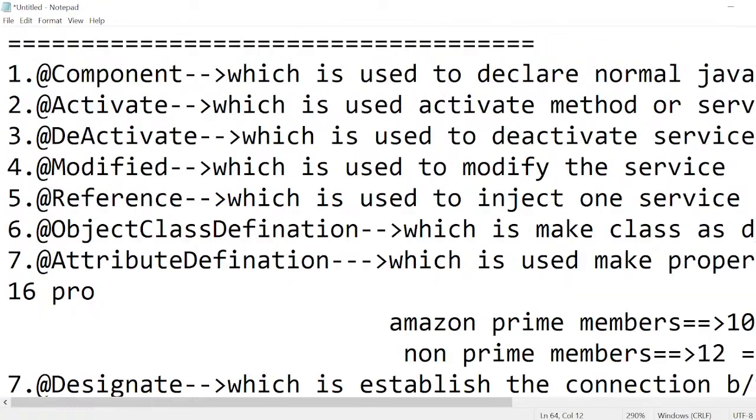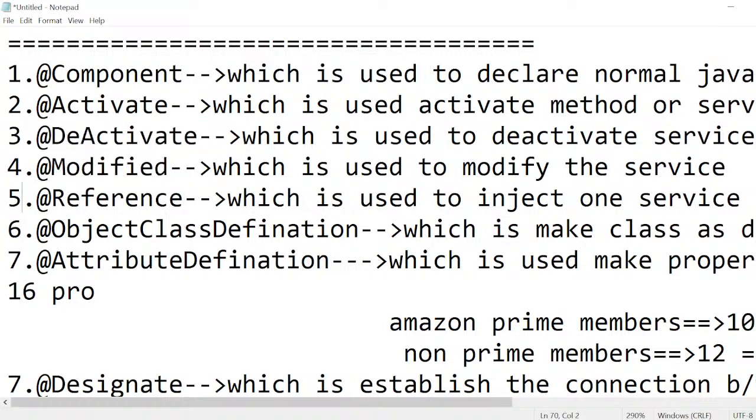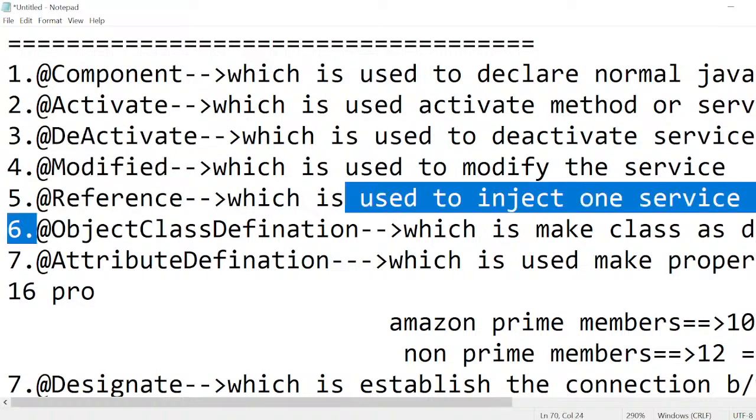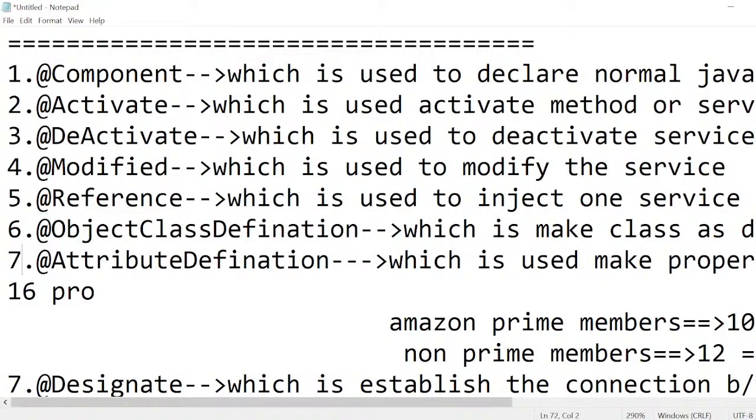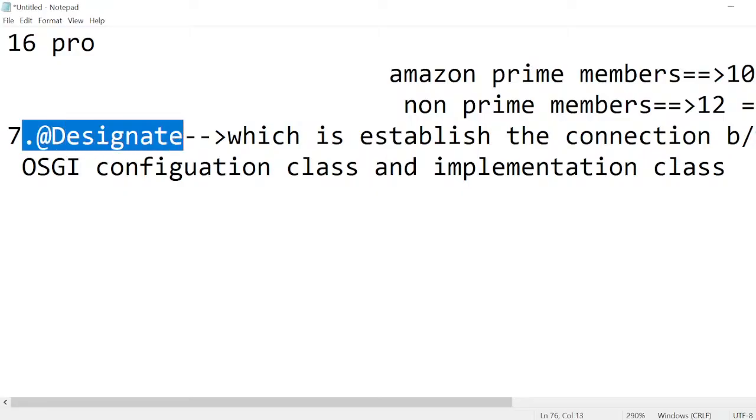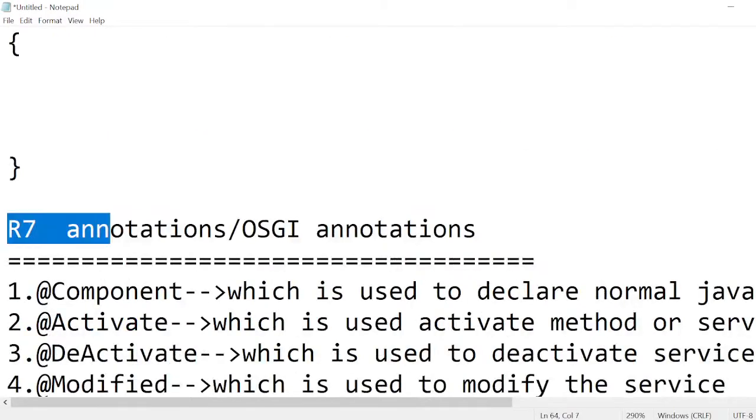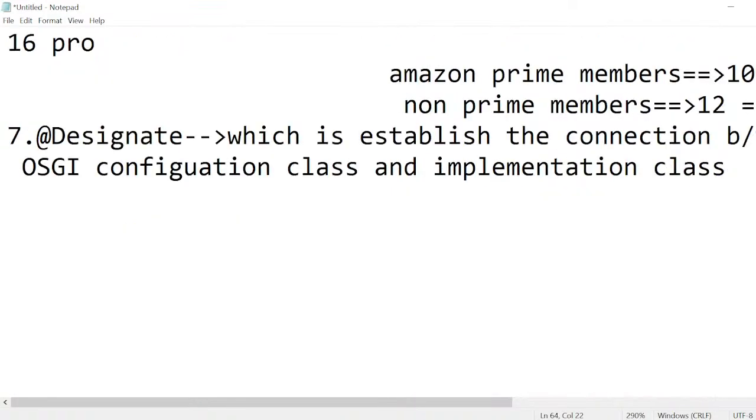What are the annotations? @Component, @Activate, @Deactivate, @Modified, @Reference, @ObjectClassDefinition, @AttributeDefinition, and @Designate. Okay, fine. Now, from the starting onwards,